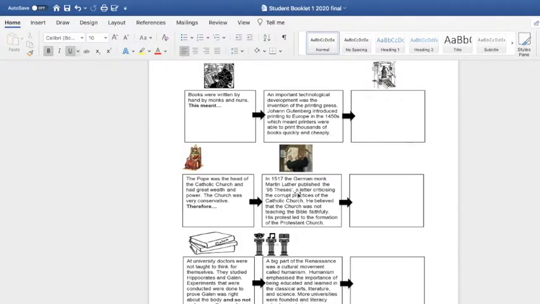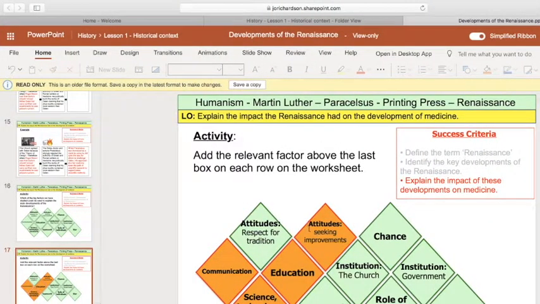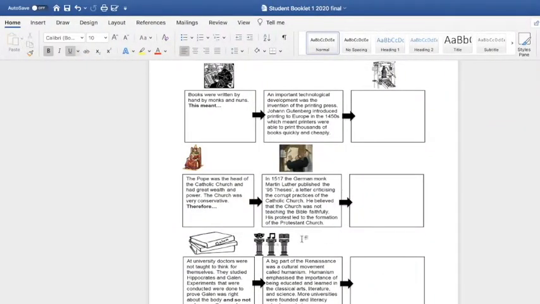So Martin Luther would definitely be categorized as someone who is part of seeking improvements, and more importantly, he's someone who's actually willing to challenge the church. And this becomes very successful in that he's actually the reason we call this the Reformation, in which the Protestant Church is now formed. So before this time period, like we've spoken about before, in the Middle Ages, England at the time was Catholic, and there was only the Catholic Church. The creation of the Protestant Church was because of this man, Martin Luther.